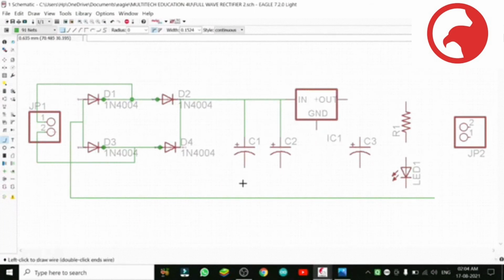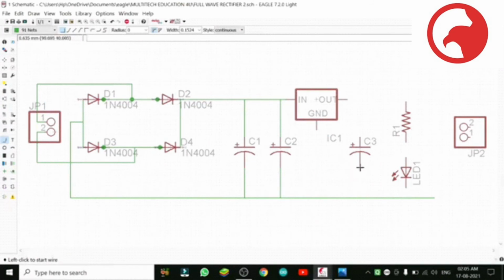Input can be 9 to 12 volt. This regulator will maintain it. Output it will give 5 volt, 9 volt, even 12 volt. Just change the regulator. When we put the values, after wiring I will show you what the value of C1 is.